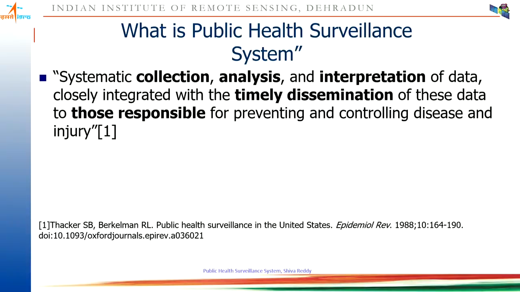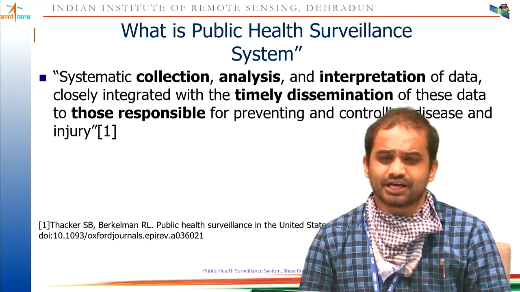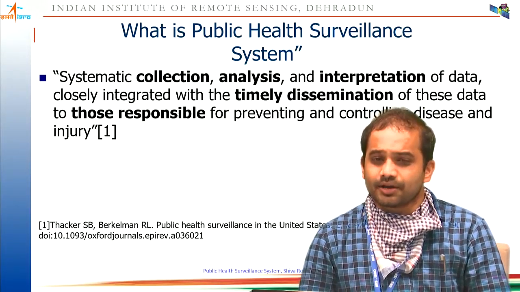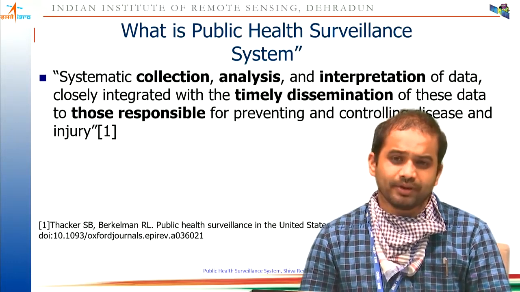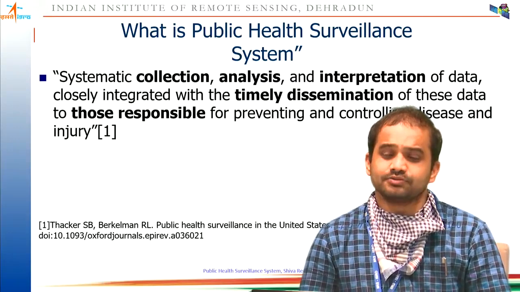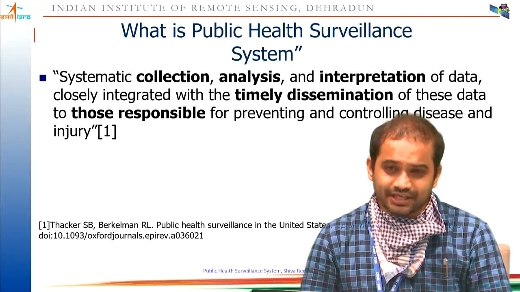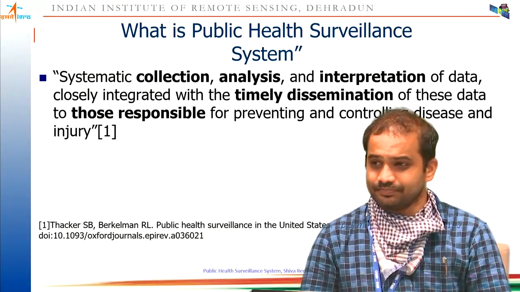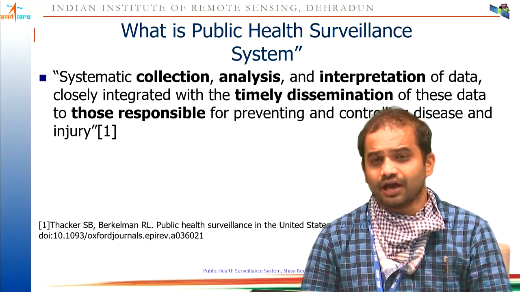For example, there is a collection of how many people are suffering from fever, how many have a cold, how many have diarrhea, how many have fever with diarrhea. These kinds of symptoms are collected from different workers at the ground level. Similarly, the P form is basically called probable or diagnostic. Once patients go to doctors at public health centers, PHCs, community health centers, this data is collected from there. Then finally we have the L form.